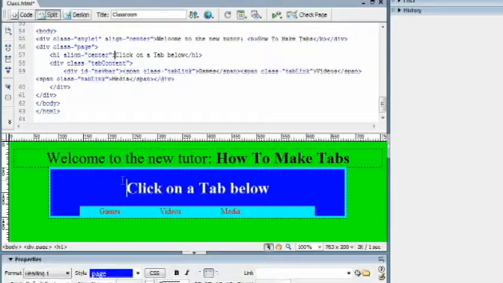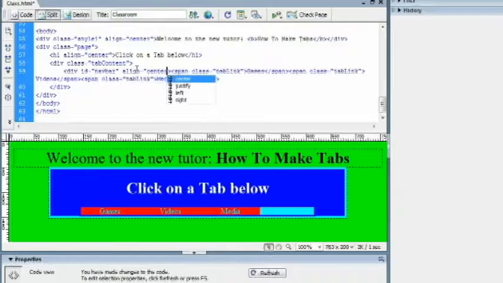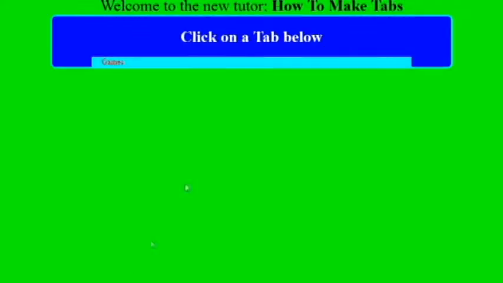And then right now we should have all our things, and if you want to put them in the center on the div, just say align equals center. So now if we preview this in our browser,